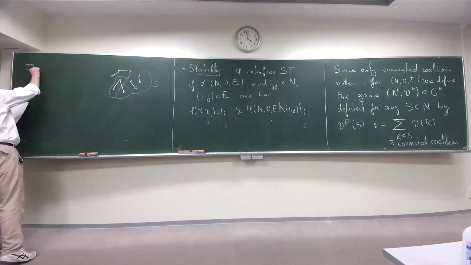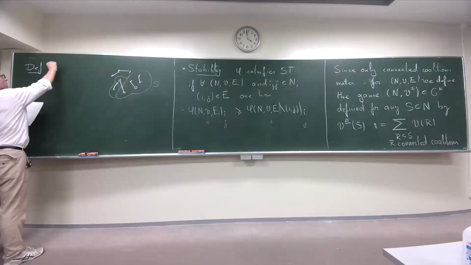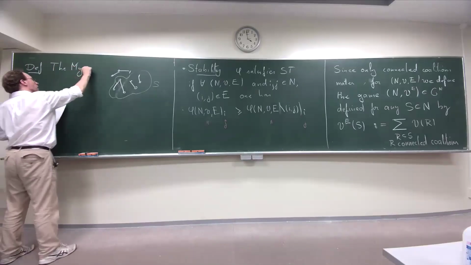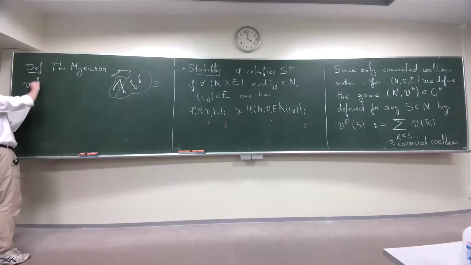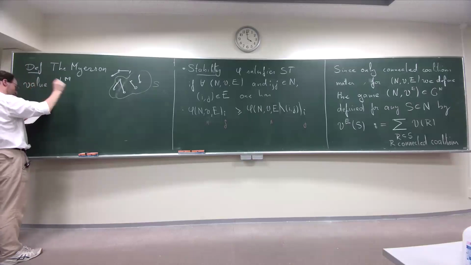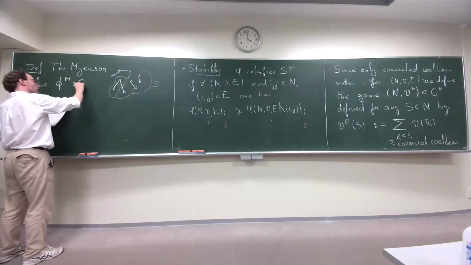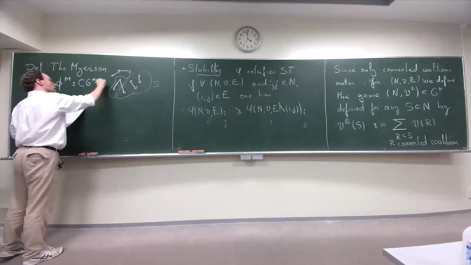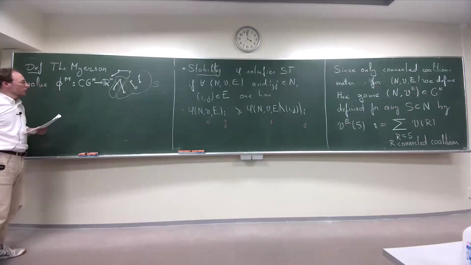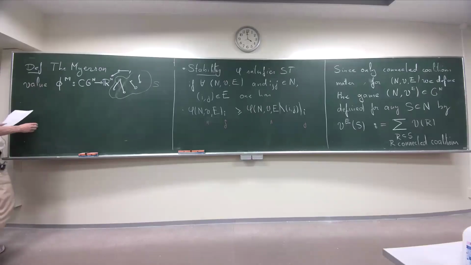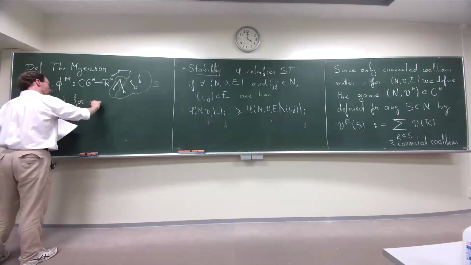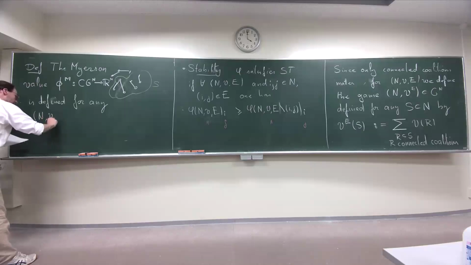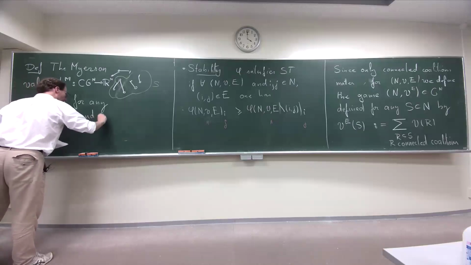Definition, and then the theorem. Definition: it's called the Myerson value. It's a function from the set of TU games with communication graph to Rn, defined for any game NVE, and then,